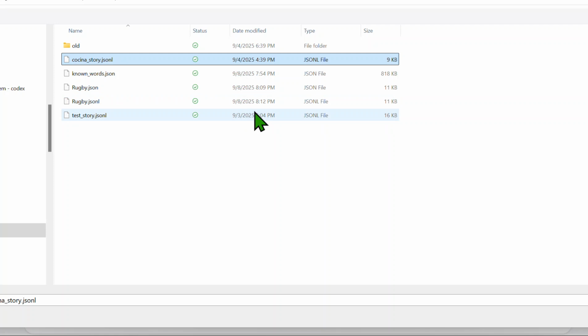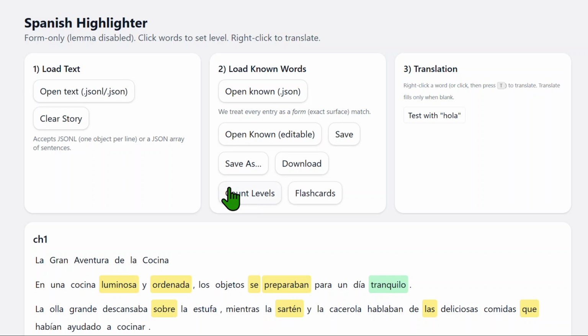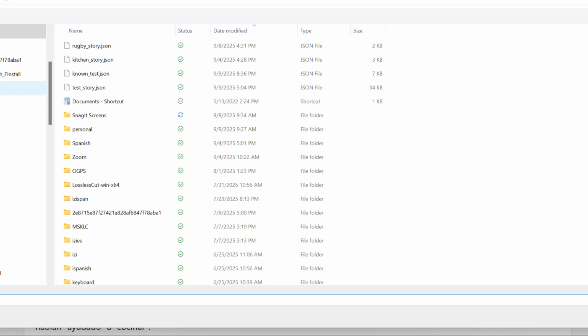It's about a bunch of kitchen appliances going on an adventure together. I'm going to click open, and you can see here that it's loaded this story, and you see that these words are highlighted. Now what you want to do is load the file of your known words. I'm not actually sure what it's doing here. It has some memory or something. I'm not quite sure why it's already highlighting things, but if I go in here and pick my file of known words,